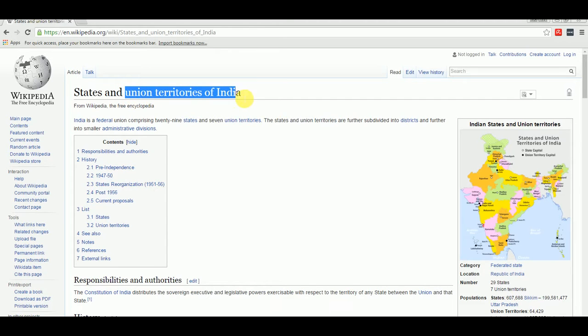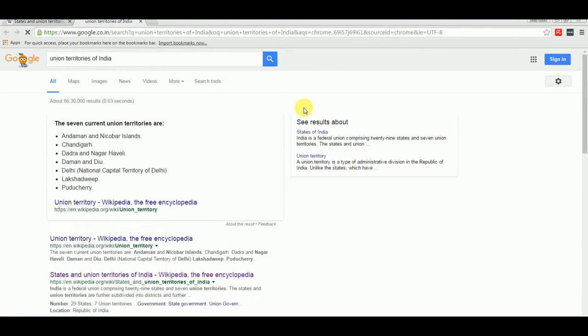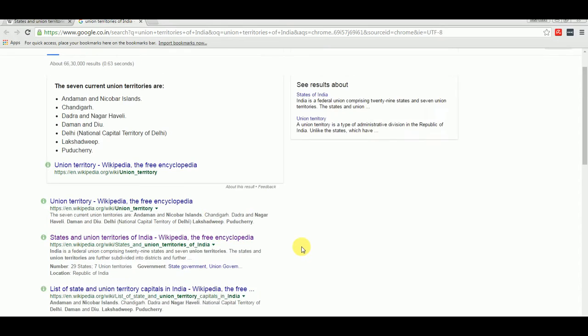This is a phrase that I want to search in Google and get more information about. What I can do is right click and click search, and Google Chrome will automatically fill in the search keyword and then find the result for me.